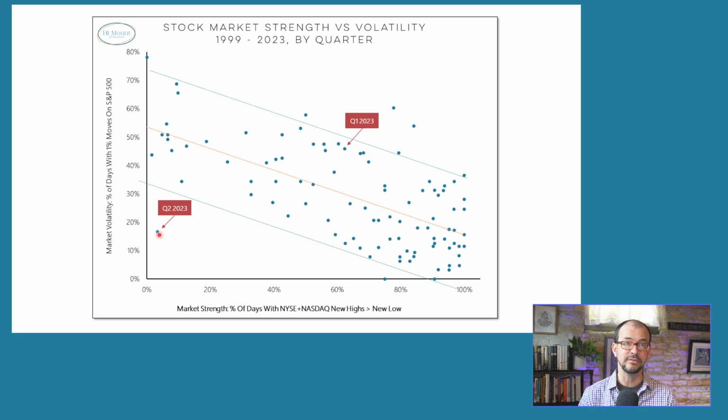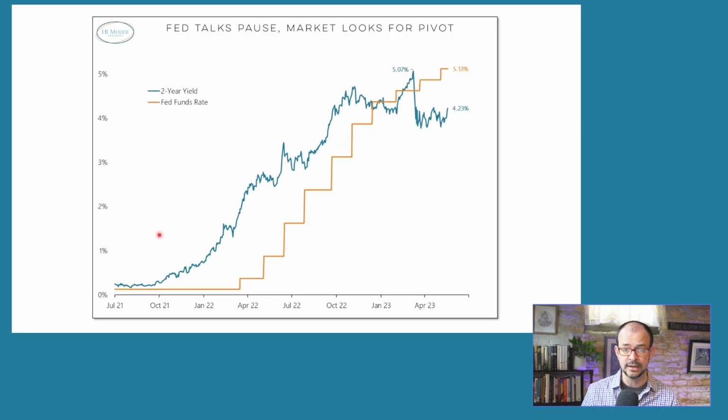Beneath the surface, we've got a unique environment of quiet weakness, quite a bit different from last year, where it was noisy weakness. Quite a difference from earlier this year, where it was noisy strength. This quiet weakness is historically rare when we look over the past quarter century. What else are we seeing?